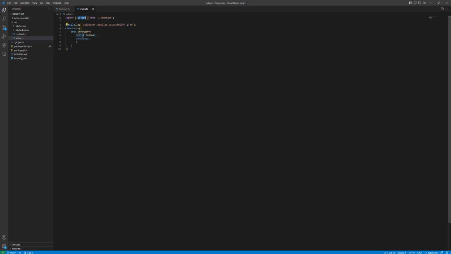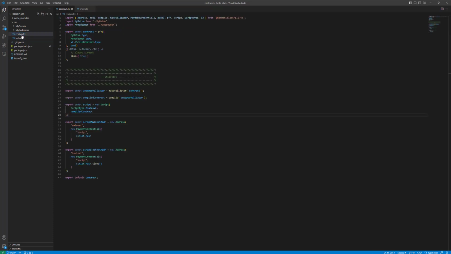So let's take a look at this script function. What is the script function doing? Let's go into the contract file, and we see down here in the utilities section that there is a script function. But if we follow that back, what's happening is this make validator function is taking our smart contract,